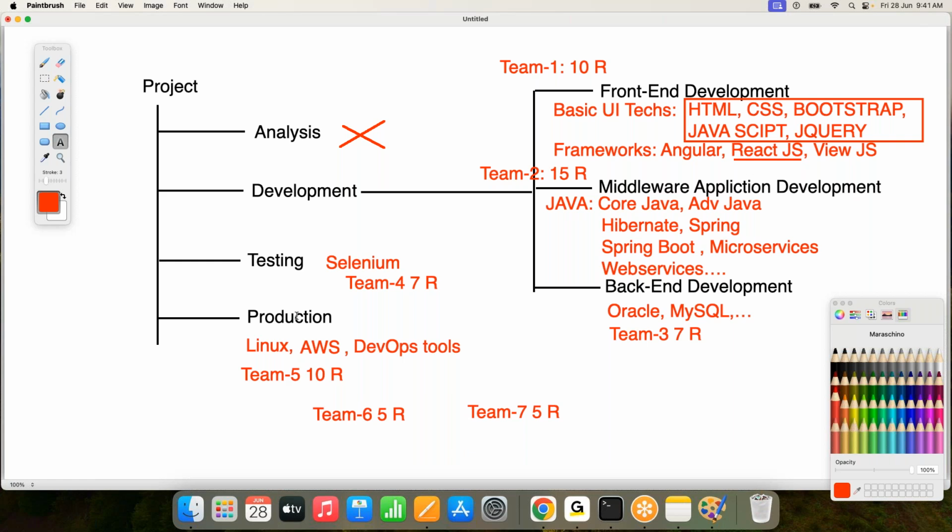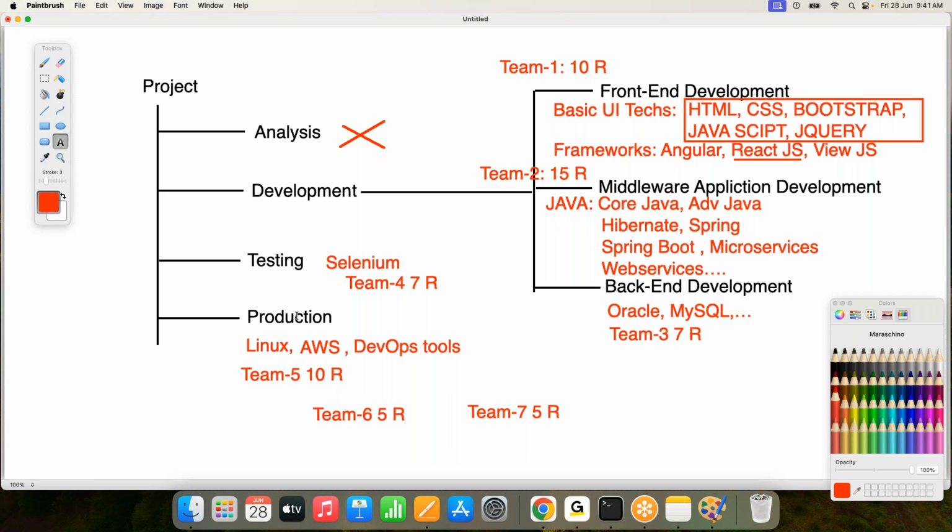Now is it a loss to the companies? It is a big loss to the companies. The companies are not utilizing their resources effectively. Understand, guys, what I'm telling there? So companies have realized that they are not utilizing resources effectively if they follow this approach, and immediately they changed their strategy. What strategy did they adopt here?